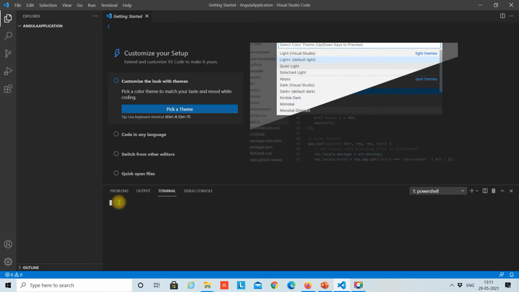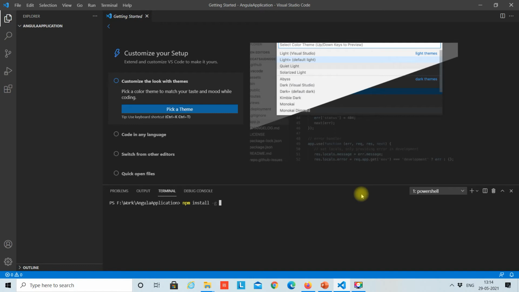You need to install the Angular CLI. You can install it from npm, that is the Node package manager. The command will be npm install, where g is for global.